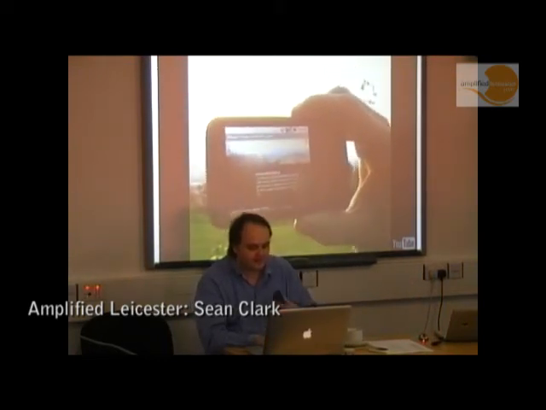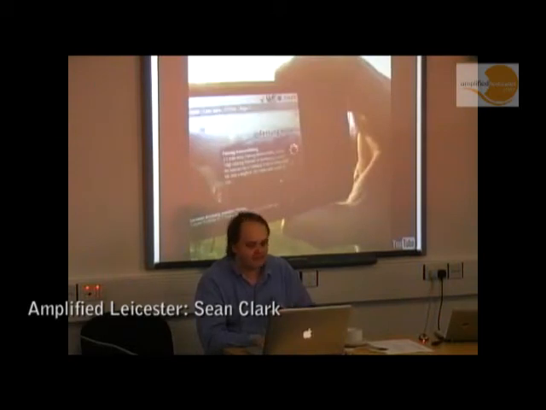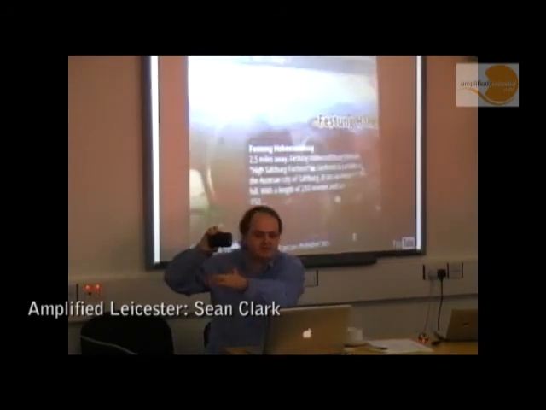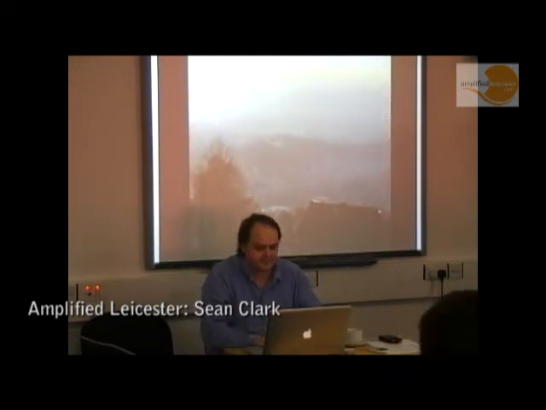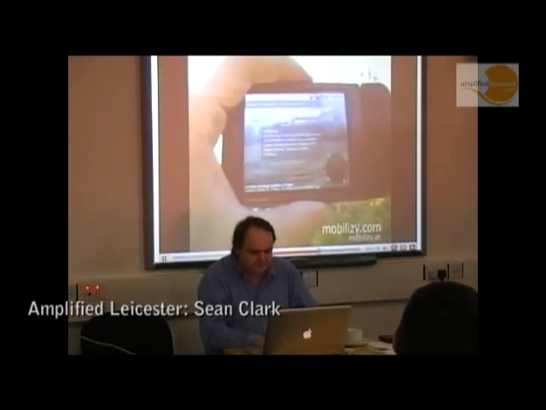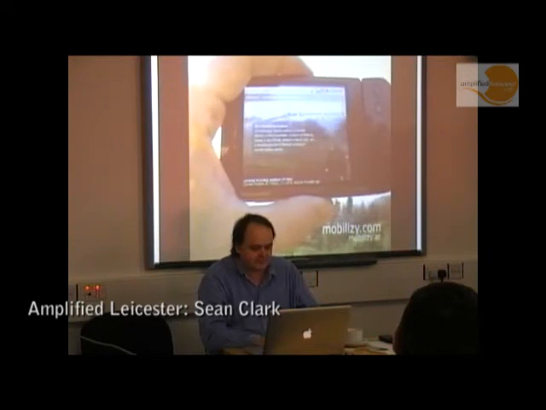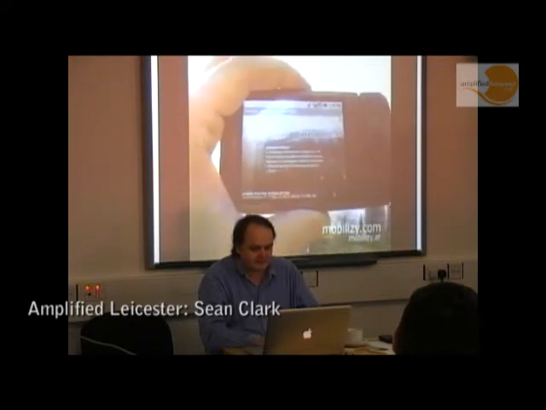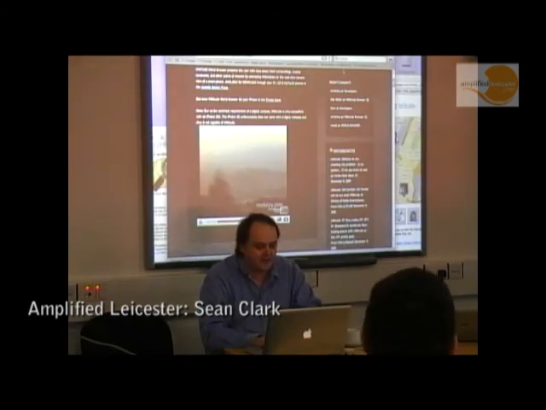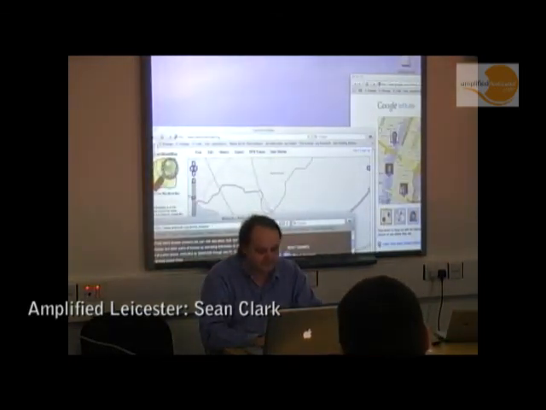Now, imagine your social information displayed on an interface like this. As you walk around Leicester, you might get an indication that there's some information at this location. You pick up your phone and you can see things on top of the real world presented through the mobile device. So in this case, they're zooming in on a map of, or a location of Austria. I think that's quite interesting. I'm not saying this is how the technology in the future is going to work, but I think it's an interesting way of presenting it.